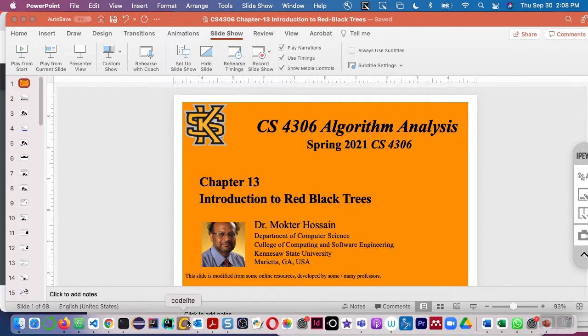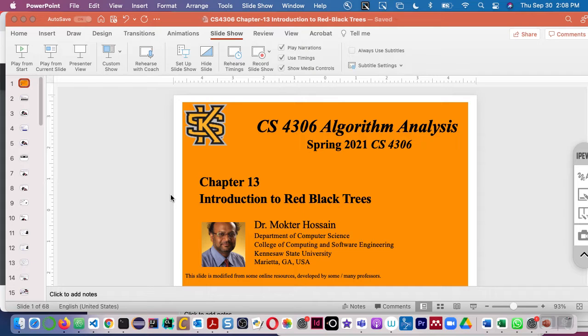Today is September 30th, last day of September 2021, and today we will discuss a challenging topic: red black trees. Okay, so